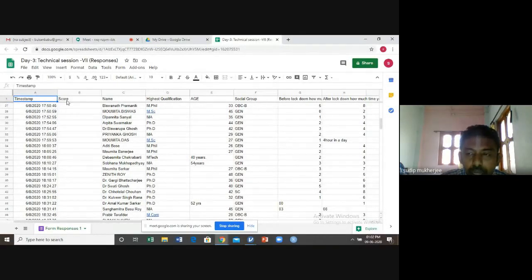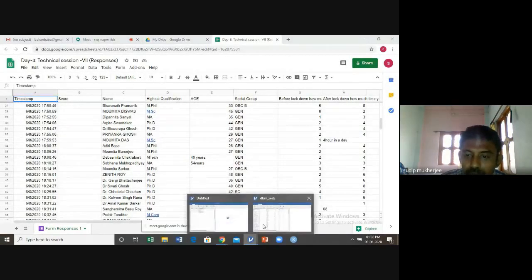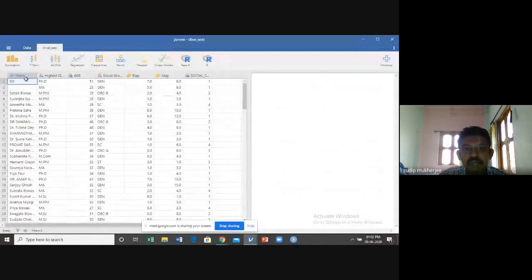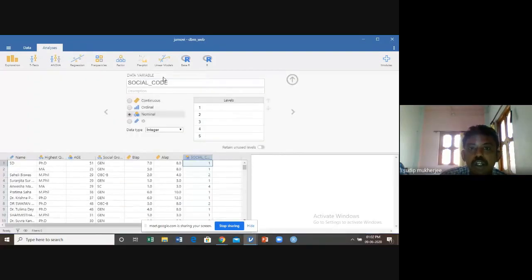After making it proper form, see the variable time and the score is not required anymore. That's why I dropped these variables, and I consider the variable set like name, highest qualification, age, social group, and B lab means before uses of laptop, and A lab means after laptop using.